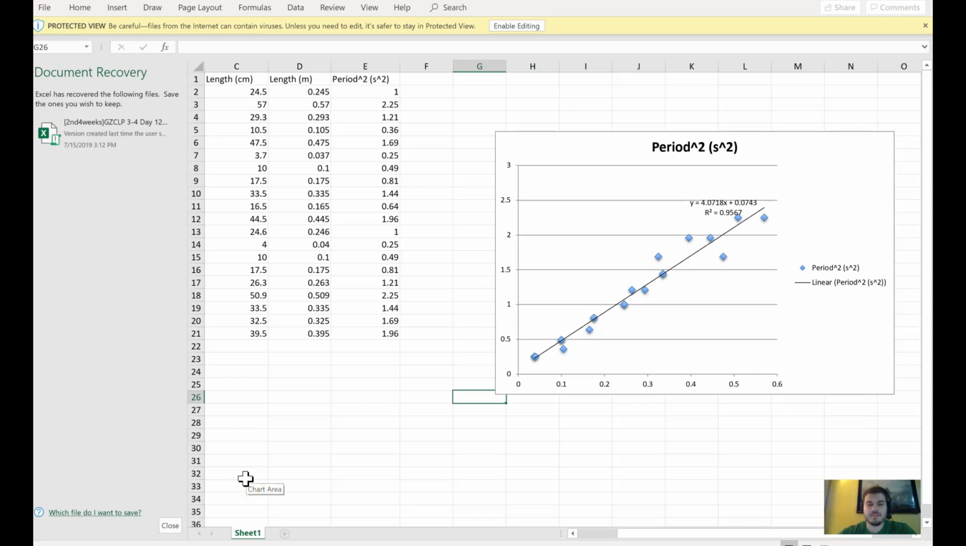Welcome back. Today we're going to talk about analyzing data from lab number 1 that we've done, which is our Pendula on Parade, where we're looking at the relationship between the period of a simple pendulum and the length of the pendulum. So there are two parts to what we'll talk about in this video,